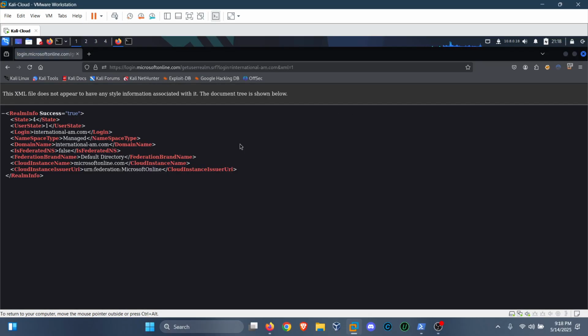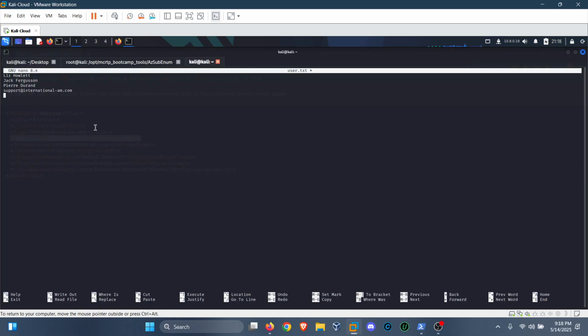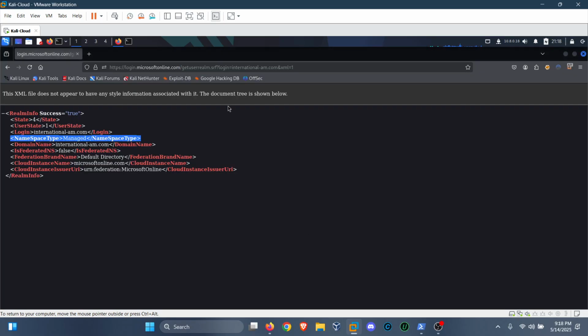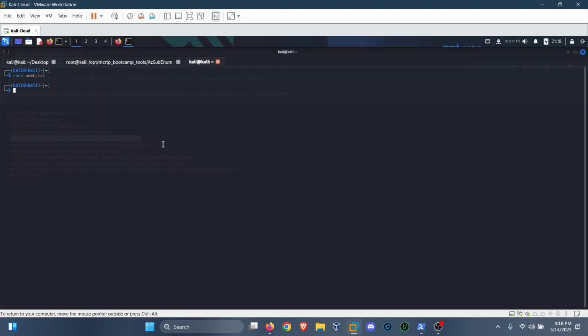And to confirm whether it's using Entra ID or not, we have to look at this section over here, namespace type, and it says managed. Managed means it does use Entra ID. So that confirms that, so that's also there. We can save this. One of the things that we saw was the support